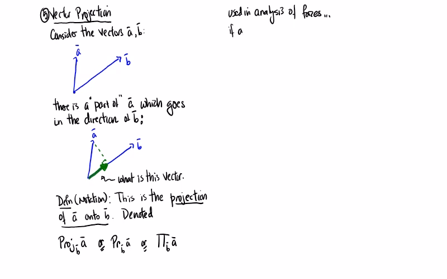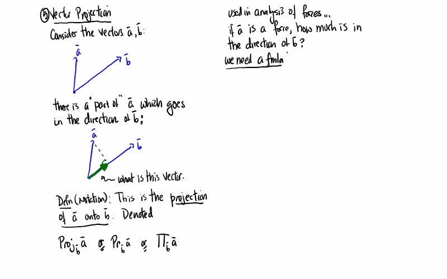Right, so in other words, if A is a force, how much is in the direction of B? This is like a use of it. So what we need to do is figure out a formula for this. If you know vectors A and B, how do you come up with a formula for the projection? We'll be using this formula later on when we start analyzing behavior of forces, behavior of fluids, things like that